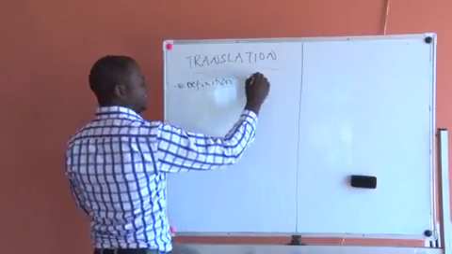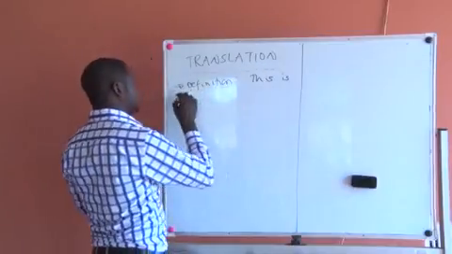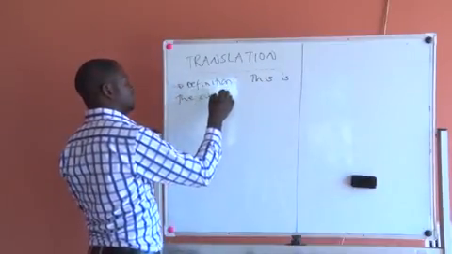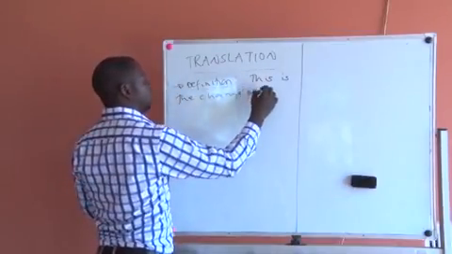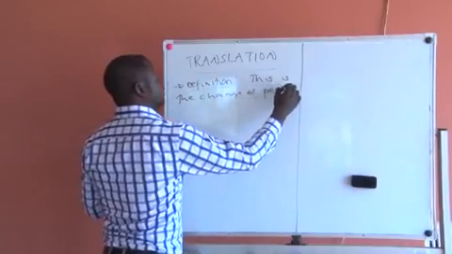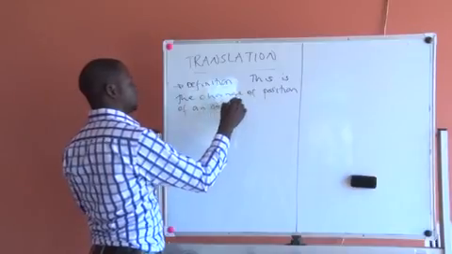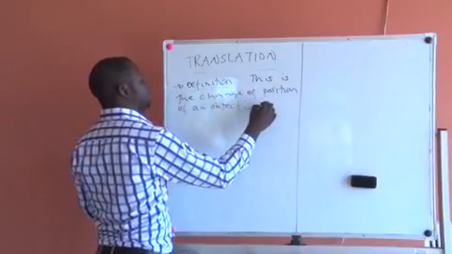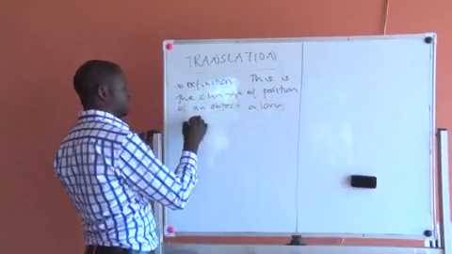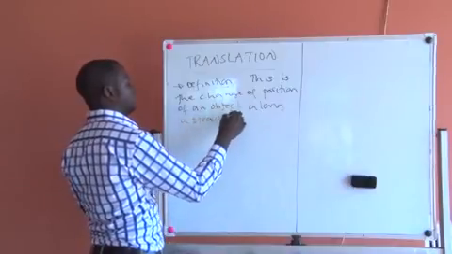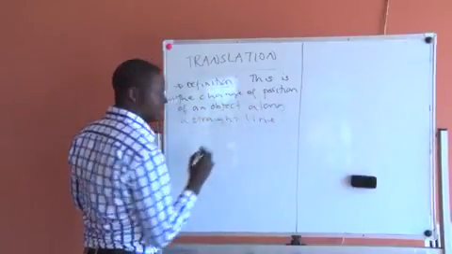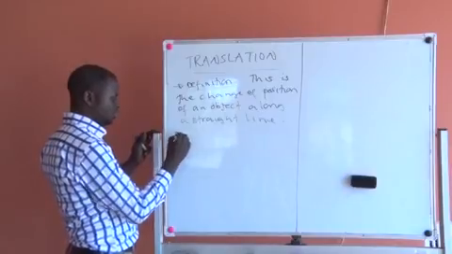So we are saying this is the change of position of an object. But remember, it has to be along a straight line. So I'll say, for example,